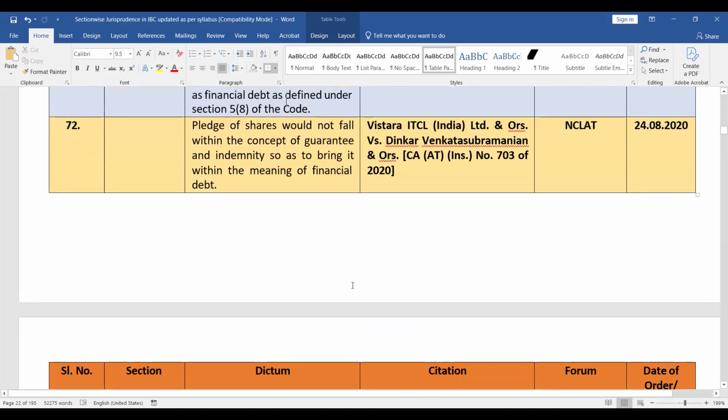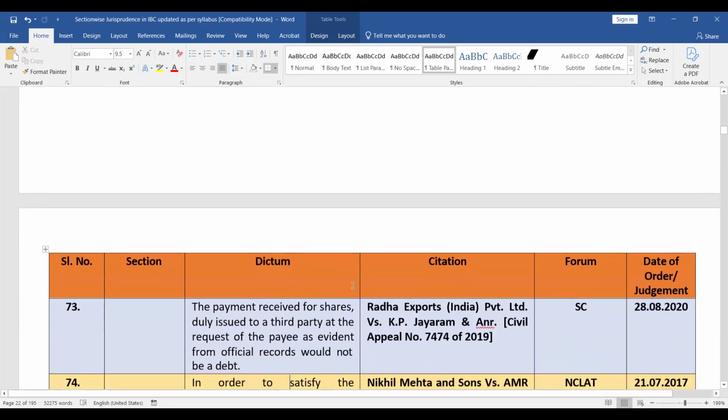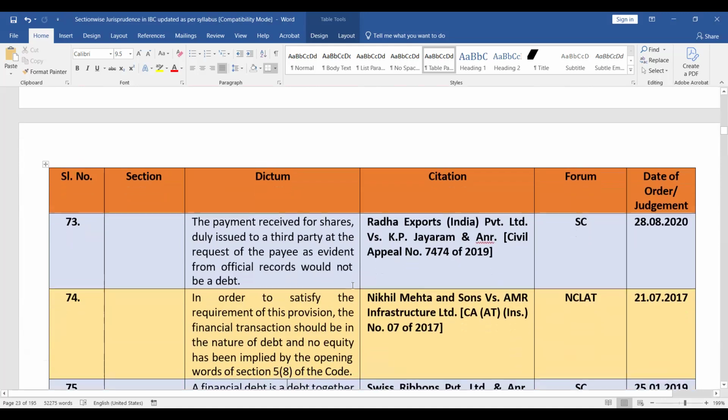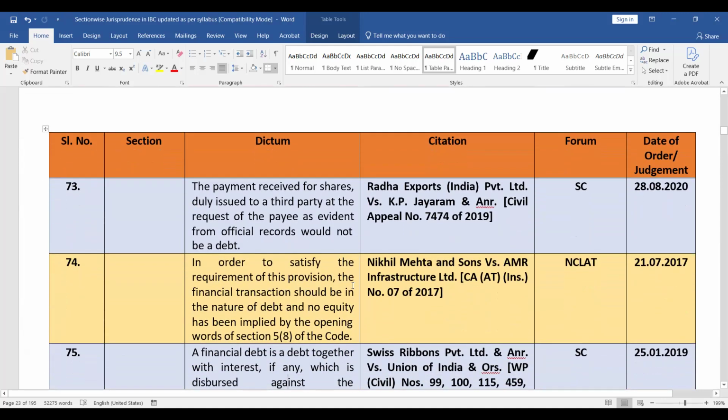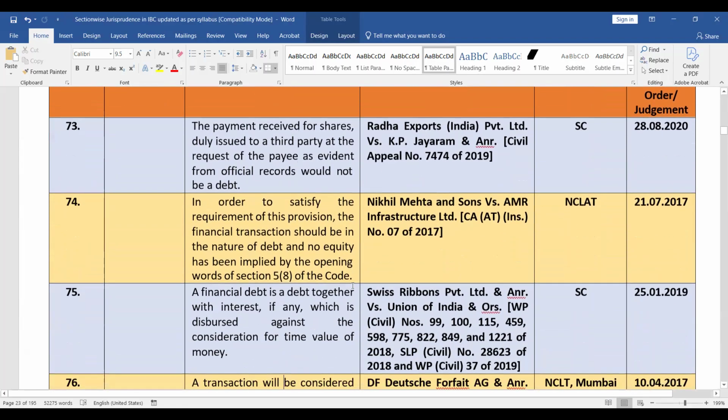Pledge of shares would not fall within the concept of guarantee and indemnity so as to bring it within the definition of financial debt. The payment received for shares duly issued to a third party at the request of the payee, as evident from official records, would not be a debt. तो फाइनेंशियल डेट क्वालिफाई करने के लिए क्या होना चाहिए, उसमें कोई इक्विटी का एलिमेंट नहीं होना चाहिए।